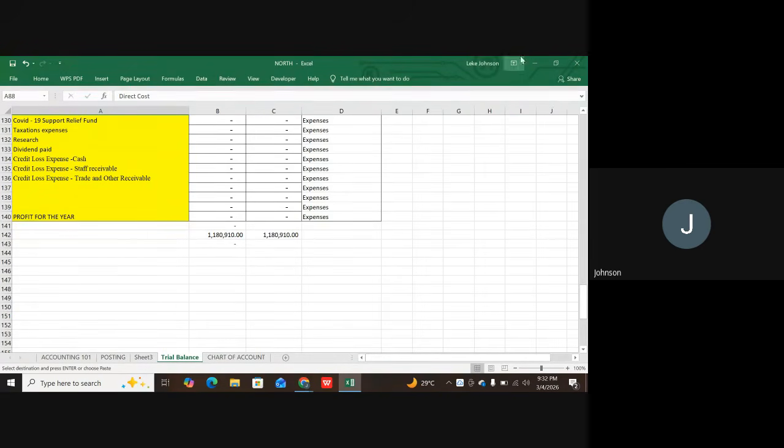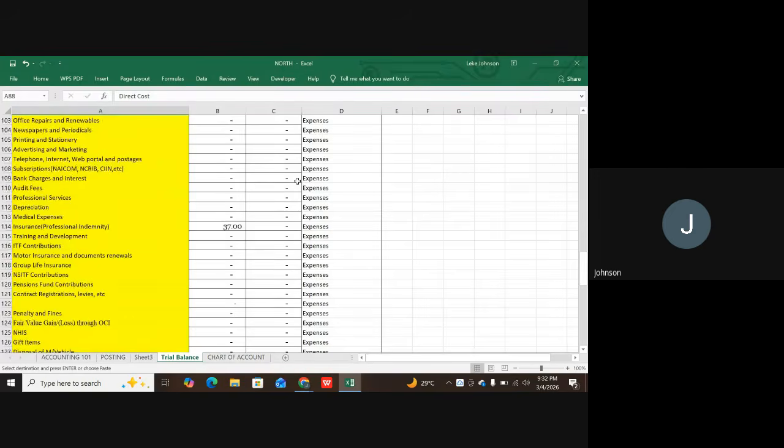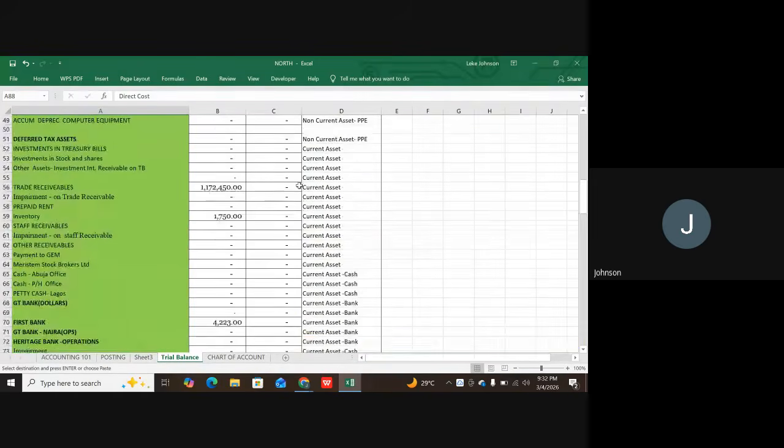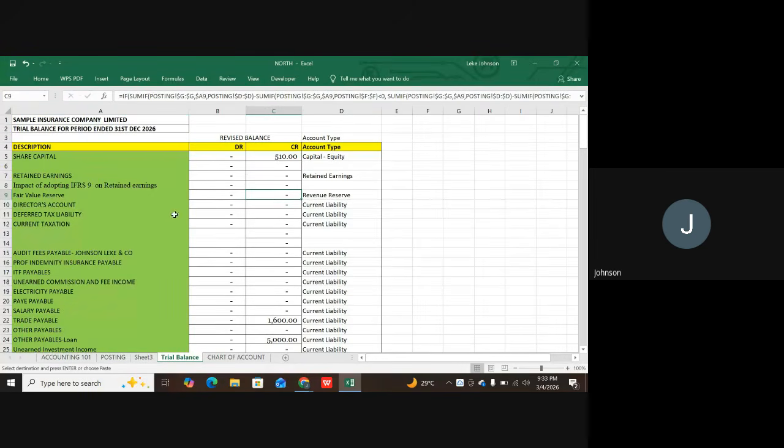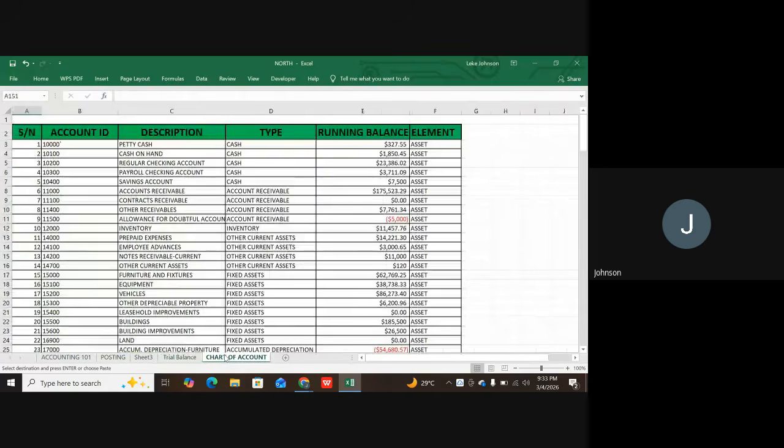So now let me give us room to ask questions. But before we do that, let's go further to look at how our chart of accounts should look like. For those who are going to learn in the new training, we've done Zoho Books to a large extent. The new training we're going to be working on is Sage Accounting,